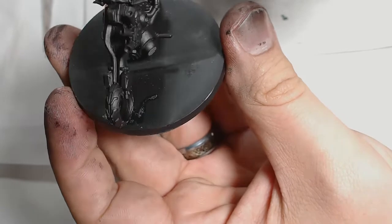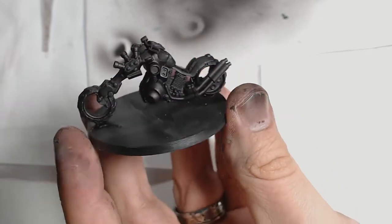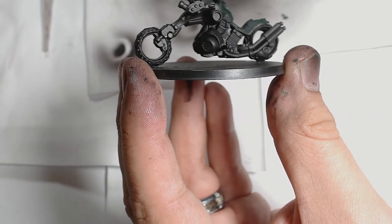Howdy guys, this is Andy from Big Mac's Workshop and Painting Studio, and today I'm painting an Infinity bike. This is one of the Zamira twins. I'm not sure which one it is. It's the one with the sword, and I'm doing things a little bit different on this, although I am starting